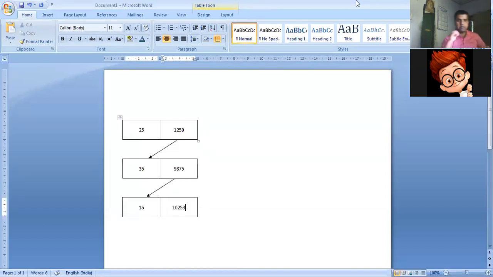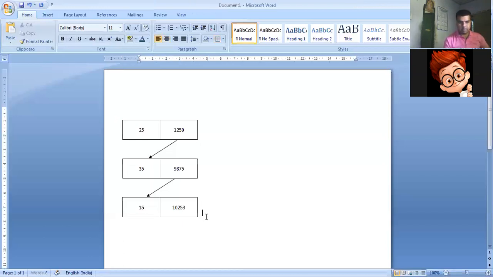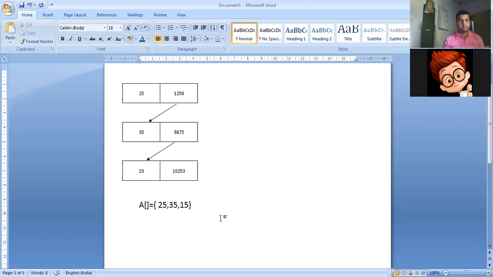Now if it was in the format of the array, if I show you in the next part, you have an array out here. Let me just increase the size. Okay, now this is the array, as you can see. Now I'm storing the same values, that is 25, 35, 15. So these are the three values stored. Now I have to perform the operations of insertion and deletion.